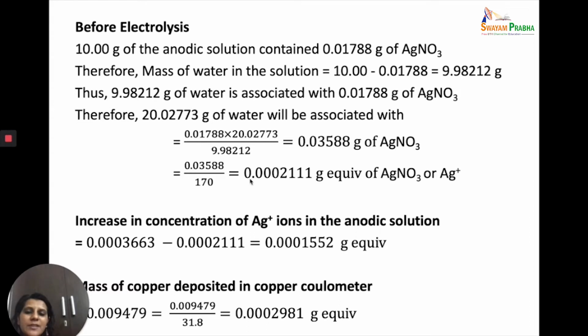Then we divide it by 170 to get the value of gram equivalents of silver nitrate in the solution before electrolysis associated with 20.02773 grams of water. Now after we've done this, we find out the increase in concentration of silver ions in the anodic solution. So we subtract the value of before from after, and get the value of silver ions in the anodic solution. Now we need to also use the value of mass of copper deposited in the copper coulometer. So we're given the mass, we just divide it by the equivalent mass